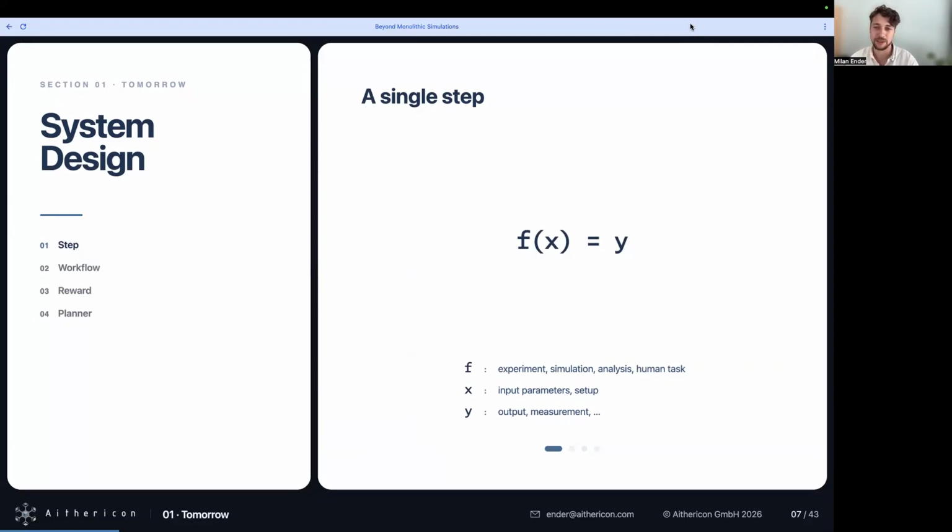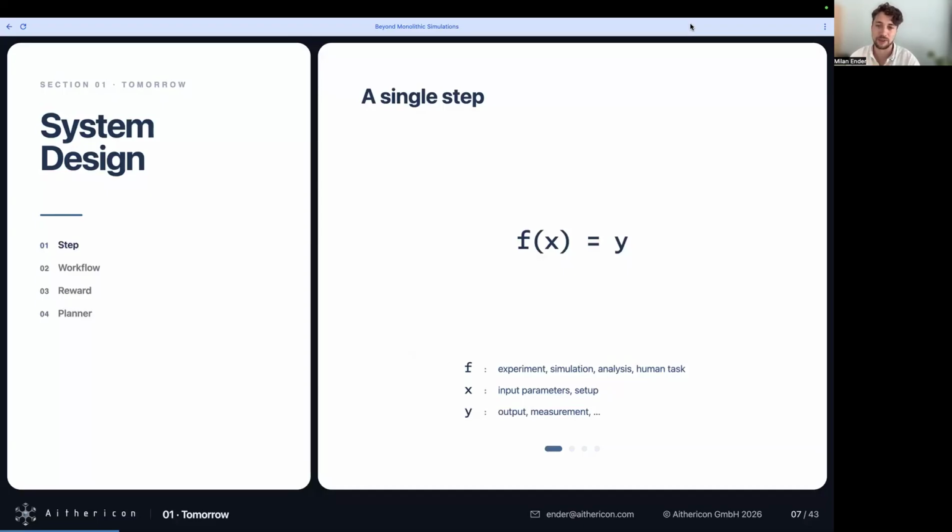Of course, this is a very crude abstraction of the real world, but it still allows us to give it a nice context. So starting off, we can summarize each experiment or simulation or even industrial manufacturing steps, if you will, as this kind of very crude mathematical statement: we have a function, so some experiment, some simulation, some analysis, some human task, our F. We have some input parameters that might be the sample, some simulation setup, or some other kind of parameters that feed into this task.